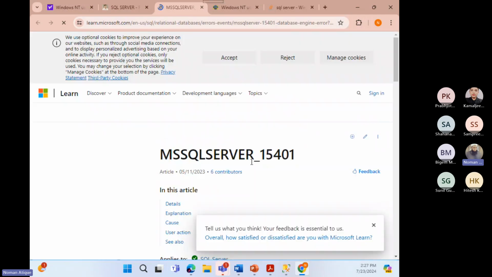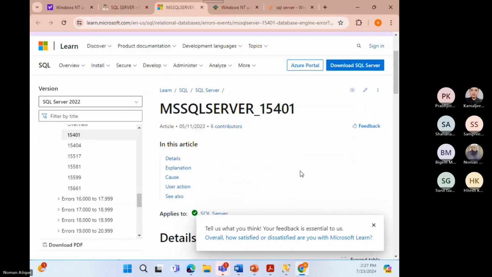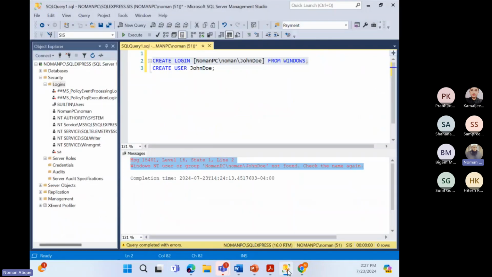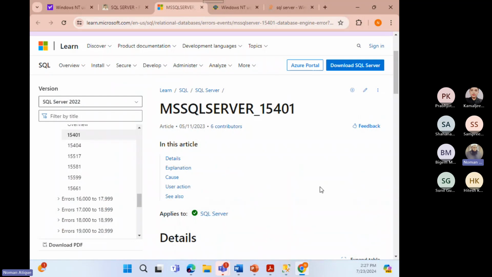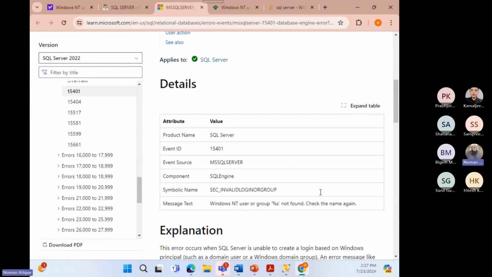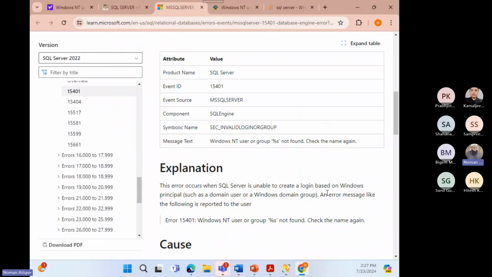Okay, let's see that. This is the workaround that they are mentioning. 15401. Is that the same error that we are getting? 15401. Yes, that is the same one. Let's see that. So to SQL Server, this is SQL Server, valid group. Okay, and then